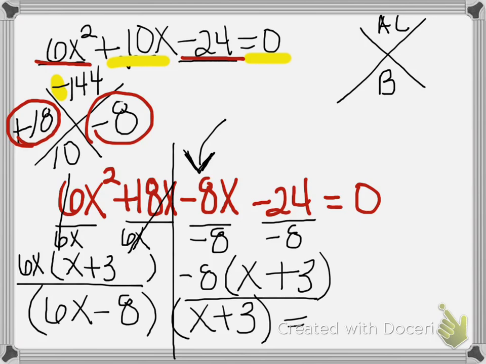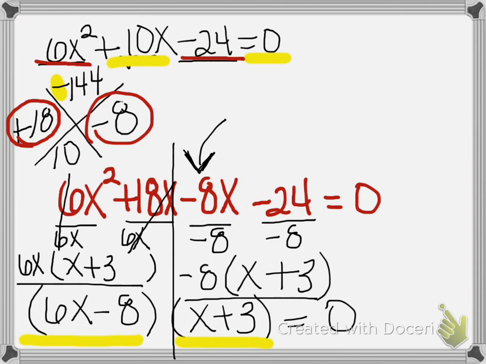Alright, you may be wondering how we solve this. Now, it's a little bit more advanced than what we were doing before. What we do is we take both of our factors, so we have our 6x minus 8 and our x plus 3, and we set them both equal to 0. So you'll have two-step equations for each of them to solve. So for the first one, you would add 8 to both sides,